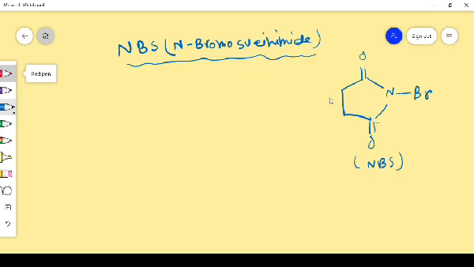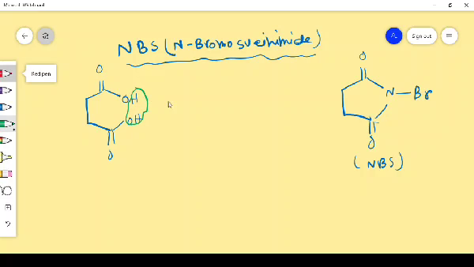So how will I get this reagent at first? What is the structure of succinic acid? Succinic acid is like that. So this is succinic acid, right? Now from the succinic acid, if I can remove